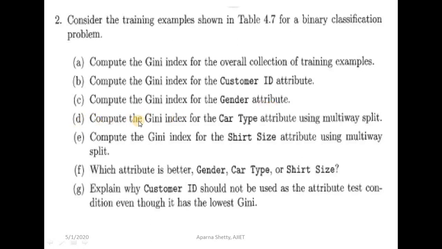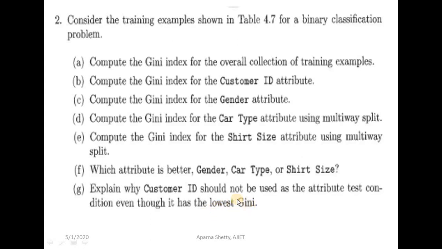D, compute the Gini index for the car type attribute using multi-way split. E, compute the Gini index for the shirt size attribute using multi-way split. F, which attribute is better: gender, car type or shirt size? G, explain why customer ID should not be used as the attribute test condition even though it has the lowest